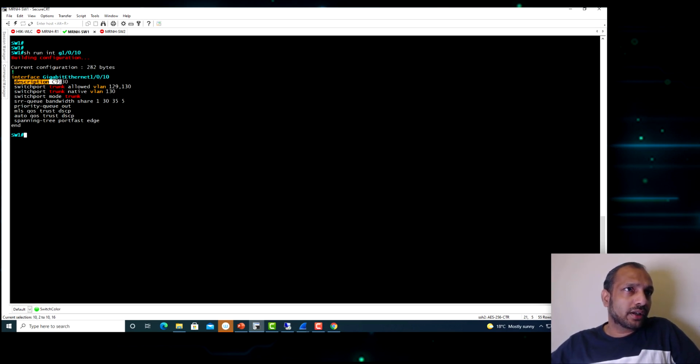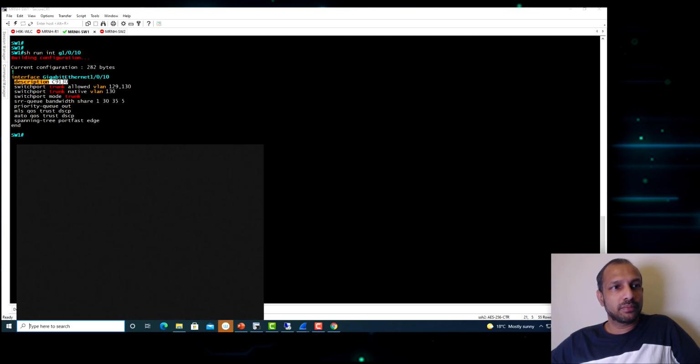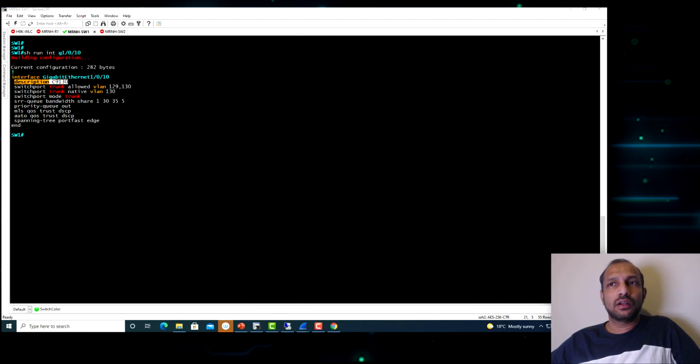Even though I configured this as a trunk port, I want to make sure you understand why we did that. Okay, so it is important. Normally in the local mode scenario, you will not configure it like that. Just let me clarify that. Otherwise, you will be confused about why we configured this as a trunk.